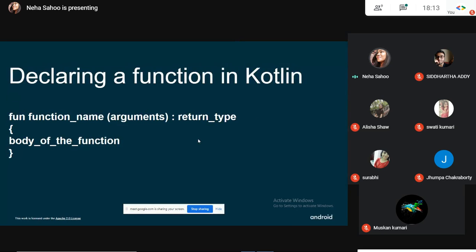So we have already talked about this yesterday as well, how to declare a function in Kotlin. We need to use the keyword fun, and then we write the name of the function followed by arguments, which will be enclosed inside the parentheses. Then we have a return type, and then we have the body of the function.